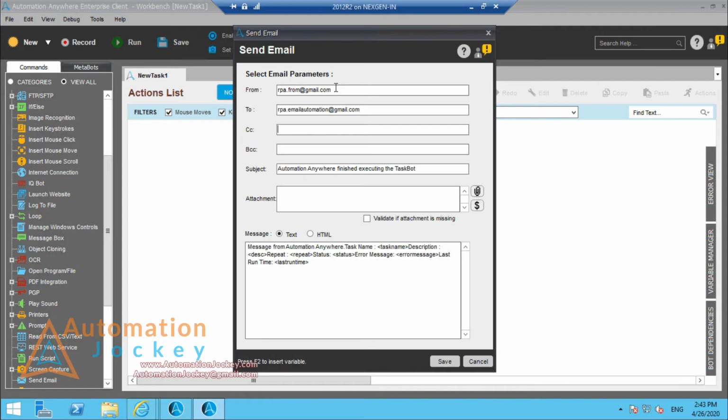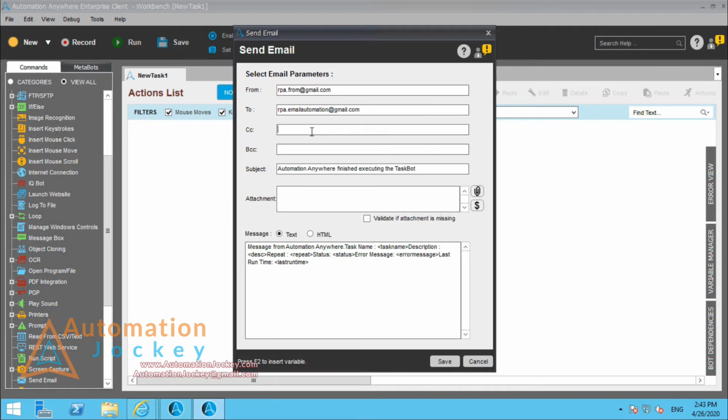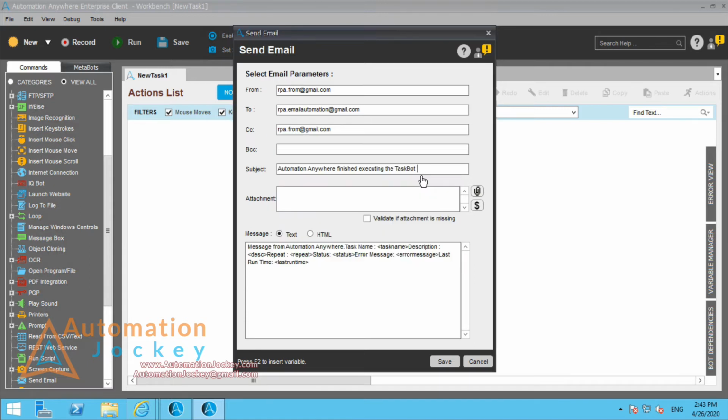I want to add CC as well, so let me just copy the from address, just to make sure that CC is also working. And this is the subject line. Here you can add a variable as well if you want to. For now I'm leaving it blank,